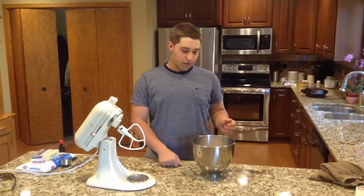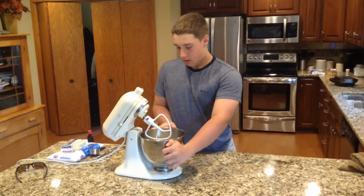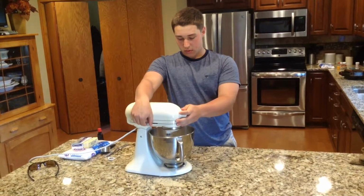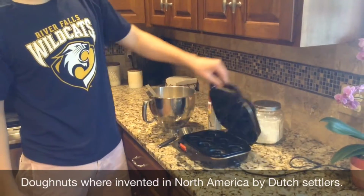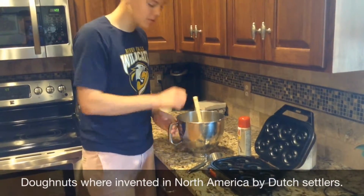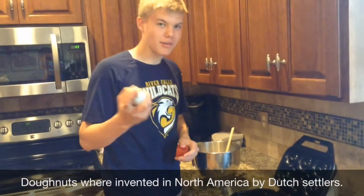Okay, now that we have all of our ingredients together, we have to mix them together. You just want to mix them until there's no lumps in there. So now that we have all of our batter mixed, we're going to want to put it in the donut maker. Keep in mind that this recipe only makes about 16 donuts, so in our case we'll probably have to make 2. Before you start putting the batter in the donut maker, you're going to want to grease the